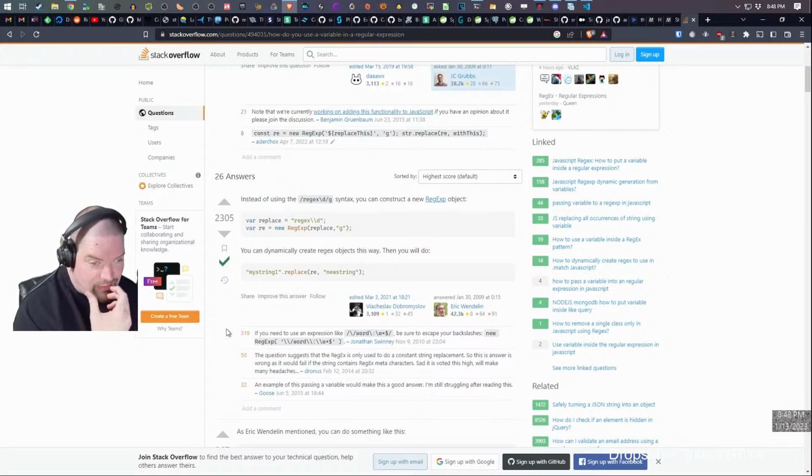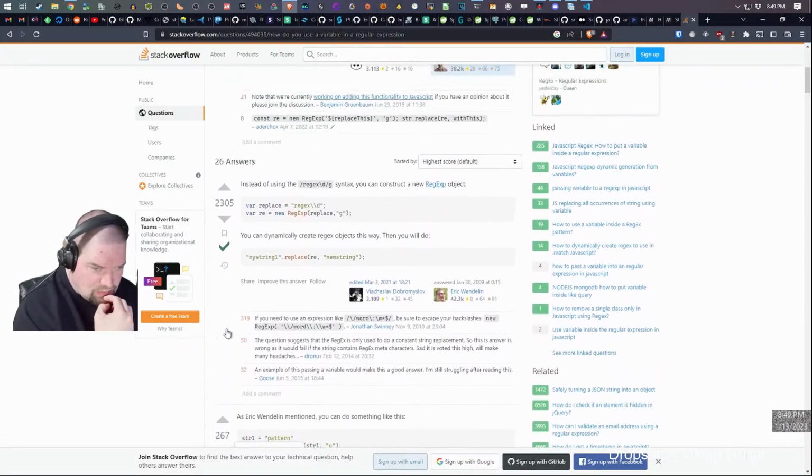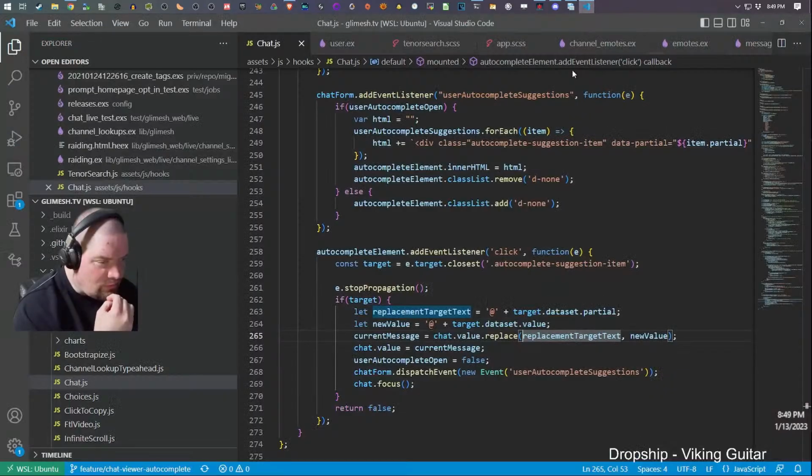Well, just create the regex. Guess that works well enough. Yeah, I mean, I guess that would make sense. Just create the regex B.